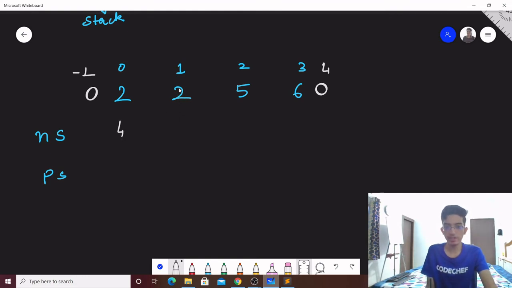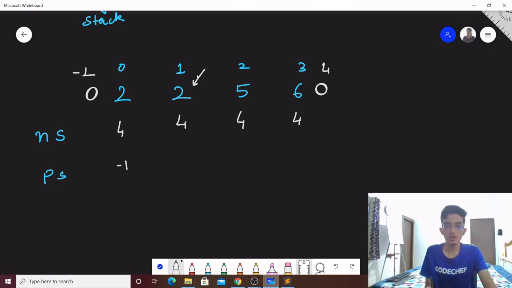Similarly, for index 1, the next smaller element is at index 4. For index 2, the next smaller element is at index 4, and for 6 also, the next smaller element is at index 4. Next, the previous smaller. The previous smaller for 2 is at index -1.